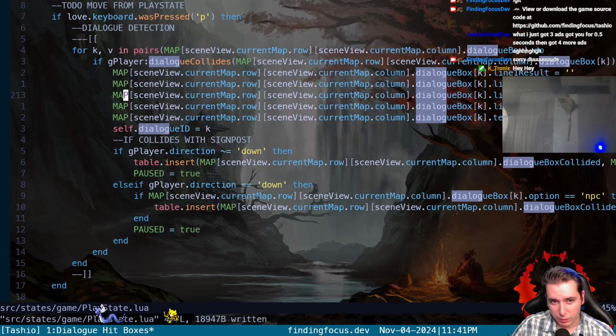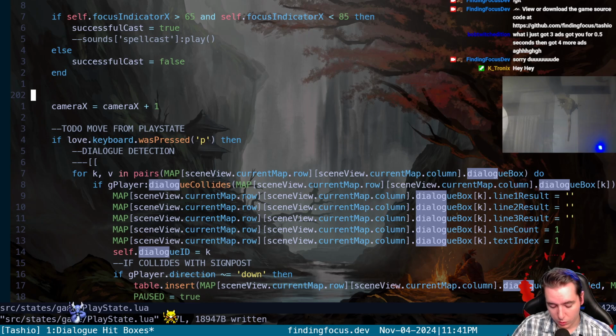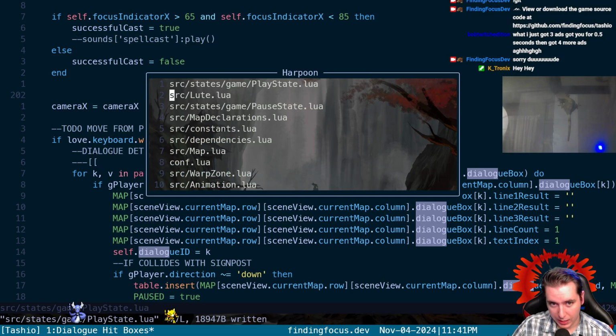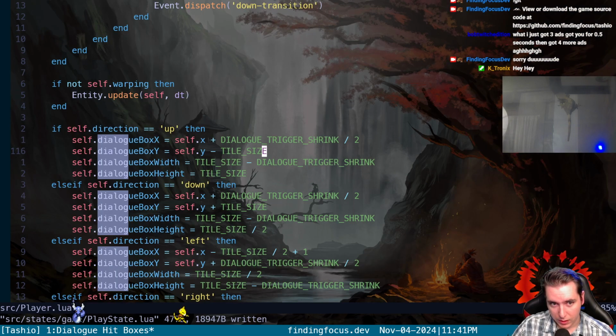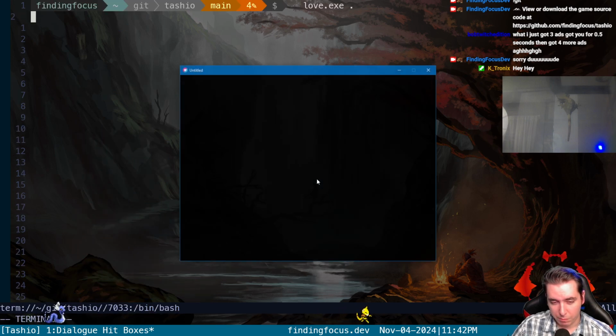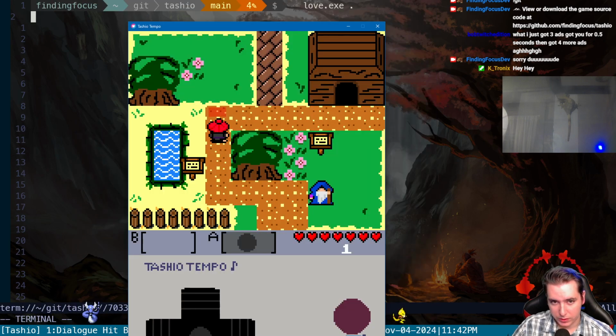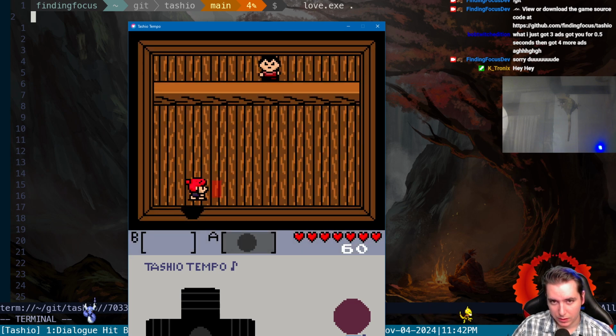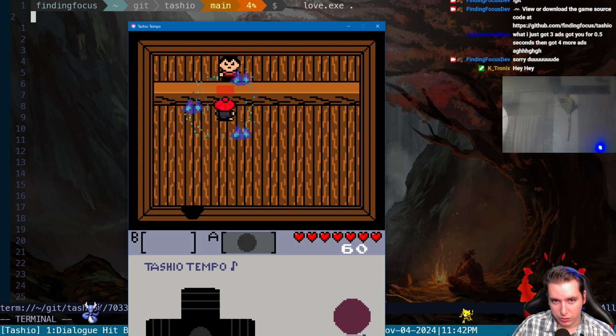So I think what we want to do is go back to our player class, and here, instead of the facing up, what did we change? Instead of the divide by 2, let's get it back to the normal, or instead of the non-divide by 2. Yeah, that looks more right for the normal bits, but yeah, can't reach him. So it's almost like